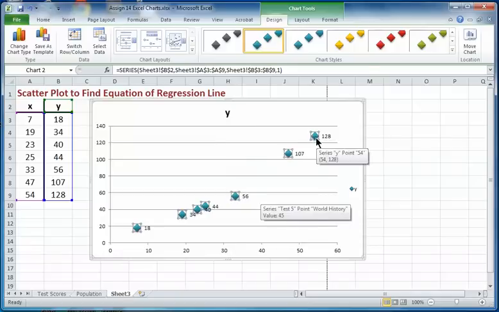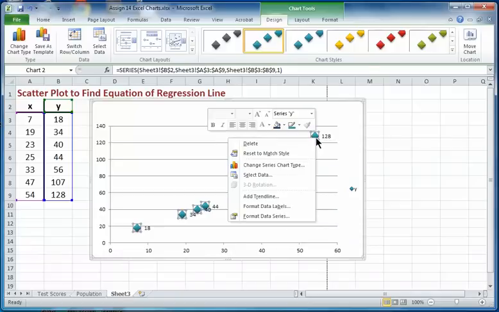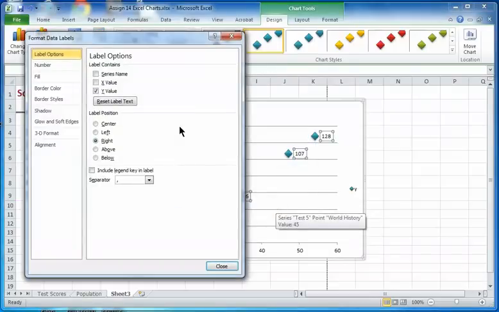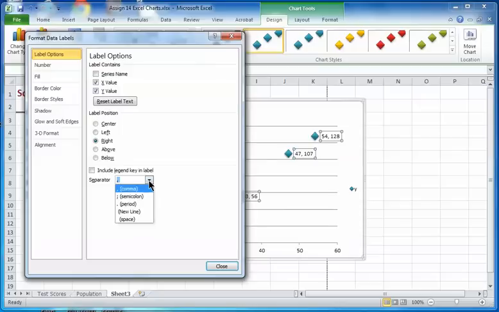Okay, so I right clicked on any one of those scatter points, and I'm going to choose Add Data Labels, and I hovered a little too long, and notice that it only gave me the Y coordinate. So I'm going to go back here, and I'm going to format the data labels. And here's a dialog box. So notice that it's only telling me the Y coordinate. Well, as a math teacher, wouldn't we want the ordered pair as an XY ordered pair? So then we can reset. And it asks what separator you want, and I want a comma,